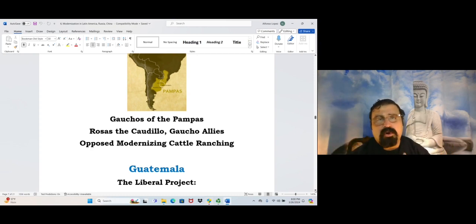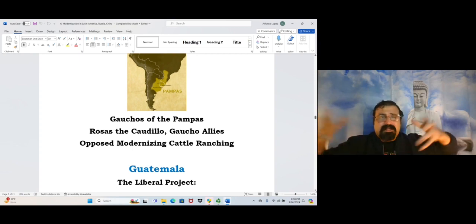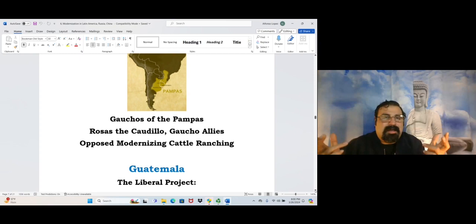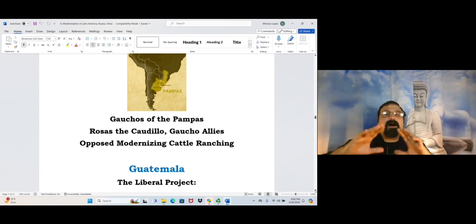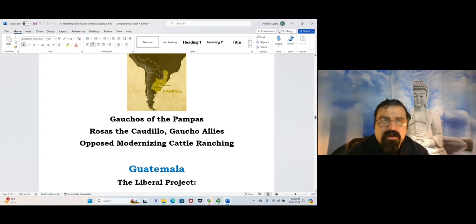He seizes control of the country, and he becomes really the protector of the gauchos, trying to protect that traditional livelihood, protect them, and he seizes power and becomes a sort of caudillo, meaning a dictator, in other words, of Argentina, opposing modernization, opposing the introduction of modern cattle ranching in Argentina, and he receives the support of